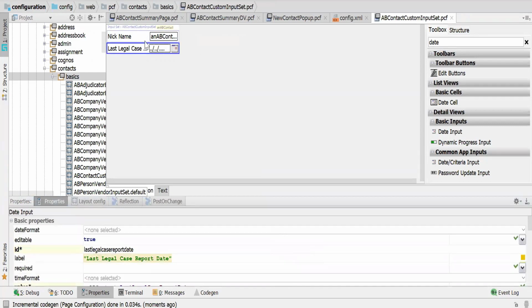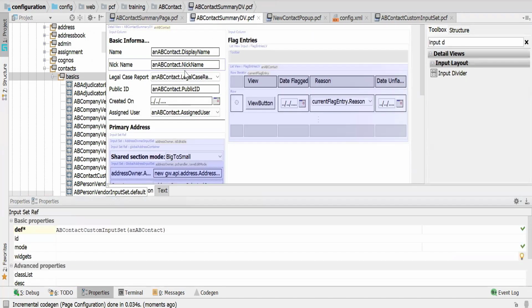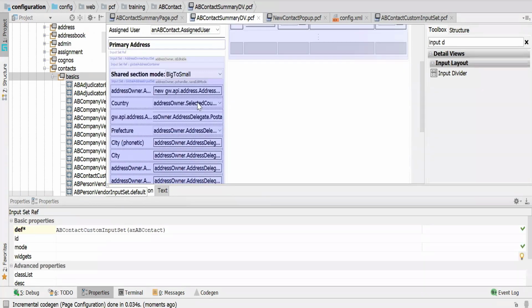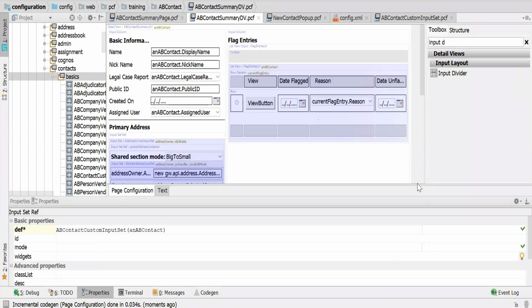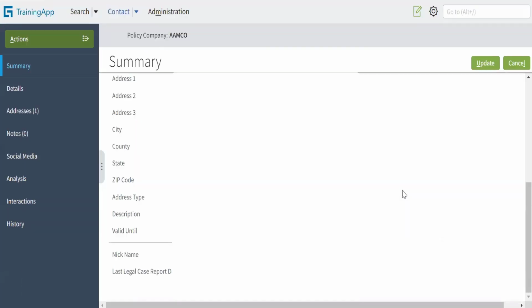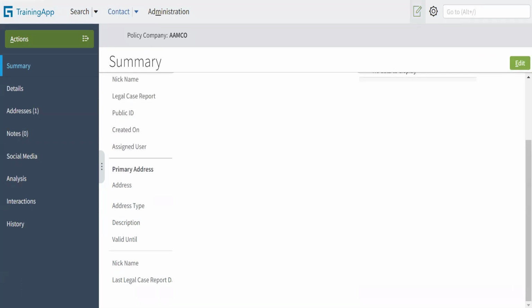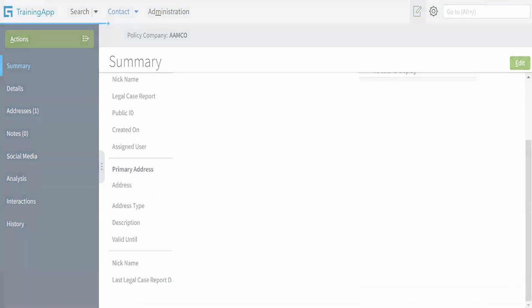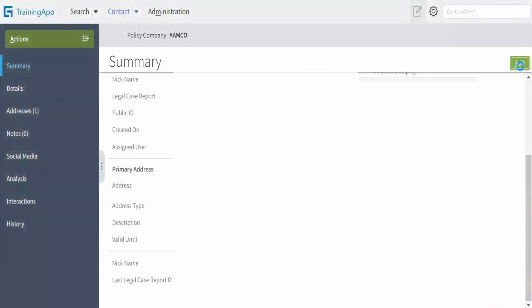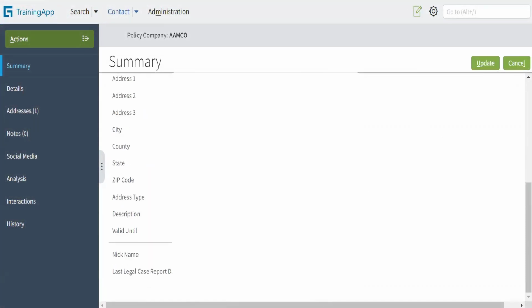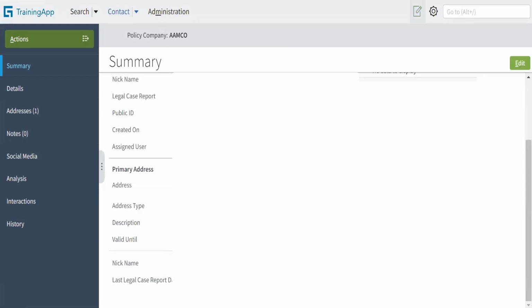Yes, yes. And you can see we have referred it in this DV, right? So it will be editable. Alt Shift L. Cancel it. Alt Shift L. These are editable. You can give the values and it will be saved in the DB. So that's how